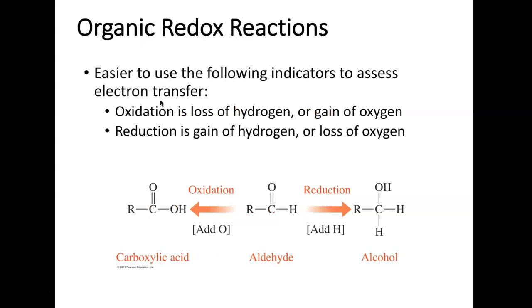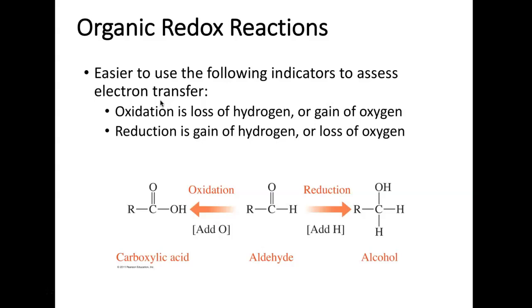So in organic redox reactions, carbon-containing molecules, it's harder to count electrons because these are covalent compounds. There's not transfer of electrons. It's not made of charged particles. So a different way to categorize or to identify redox reactions in organic molecules is by counting oxygens